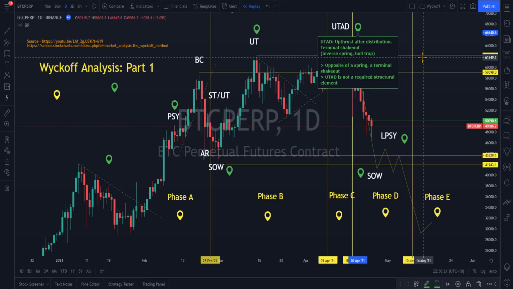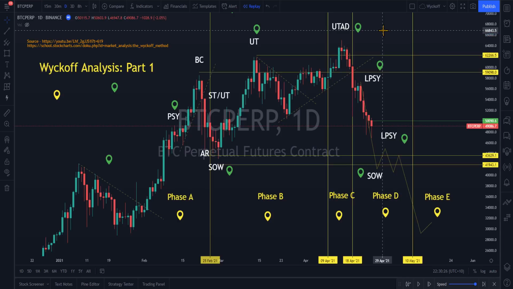Now, what is this thing? Let's have a look. Upthrust after distribution. Okay, that's a little bit bizarre. What does a UTAD mean? It means it's a fake out. It's a bull trap. The price has come up, but it's reversed. It's tried to get up again. It's come down. It's collapsing. That actually shows us that this top end of the trading range, this horizontal resistance, support, didn't hold. It became resistance. Now it's collapsing down.